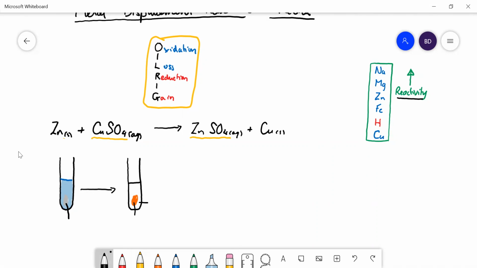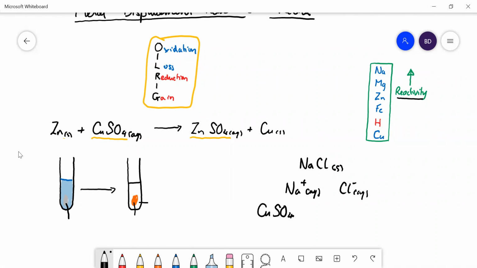Let's think of sodium chloride. Sodium chloride as a solid exists as an ionic lattice. When you dissolve it in water, the ions just separate completely. They've got nothing to do with each other. You get sodium ions and negative chloride ions floating around in solution, each one with nothing to do with the other. Similarly, when you get copper sulfate solution,